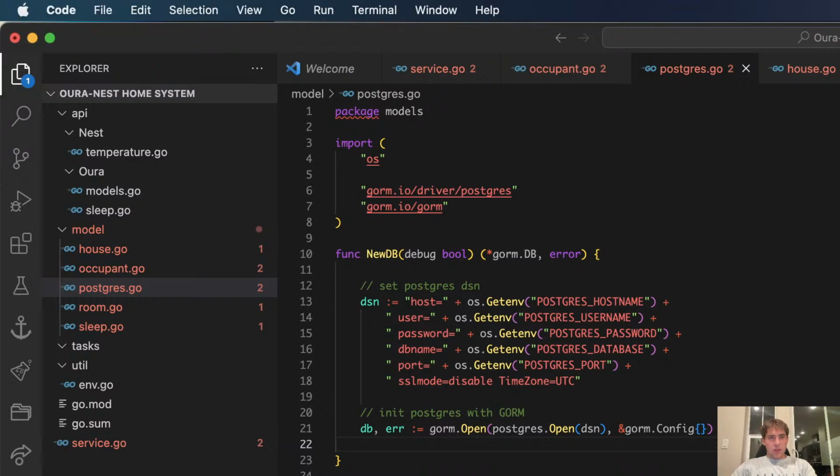Alright, so let's create a user. sudo -u postgres create user. Call it welcome, or let's call it homebot.